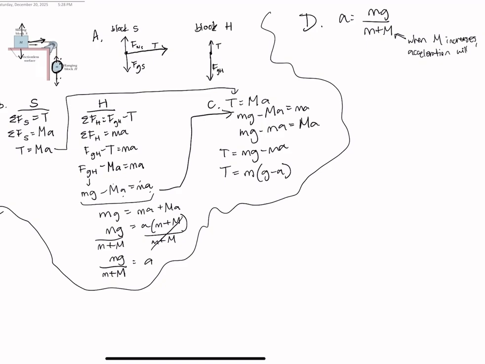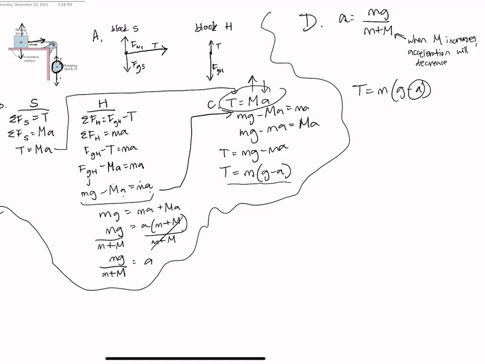Further, we have equation for tension, which is this. The reason why I didn't choose this equation is because we already proved that when mass increases, acceleration will decrease. So we don't necessarily know whether or not the increase in mass will compensate for the decrease in acceleration and what that will do to the tension. So I'm going to use this formula because assuming that the mass of block H and that gravity will never change,